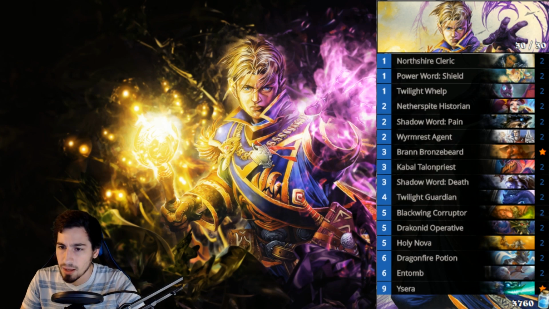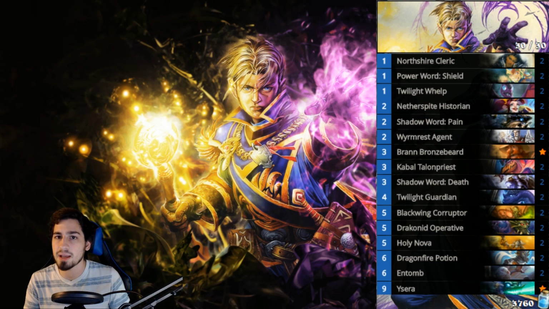But like I said, very curve driven, getting your Twilight Whelp on 1, your Historian on 2, your Talon Priest on 3, into the Twilight Guardian, Corruptor, Operative, and then from there, if it reaches late game, you have 2 huge Dragonfire potion clears, along with the Double Entomb to take whatever you need. The reason there's only 1 Ysera in the deck and not more big dragons is that just having 1 big dragon is, I think, okay,